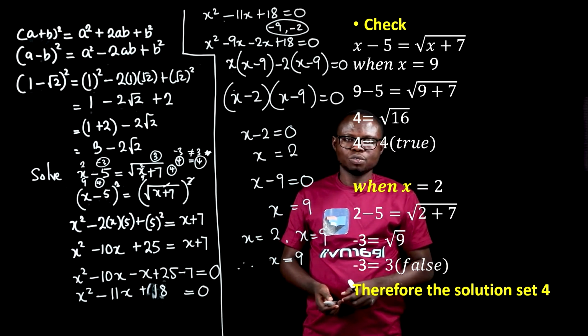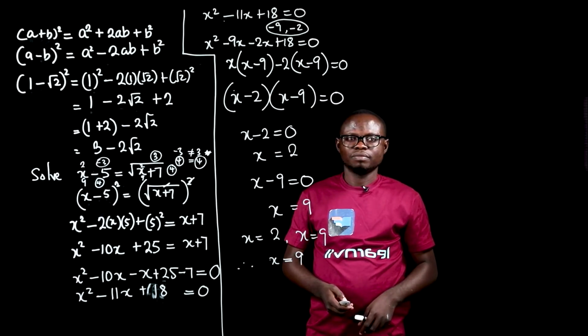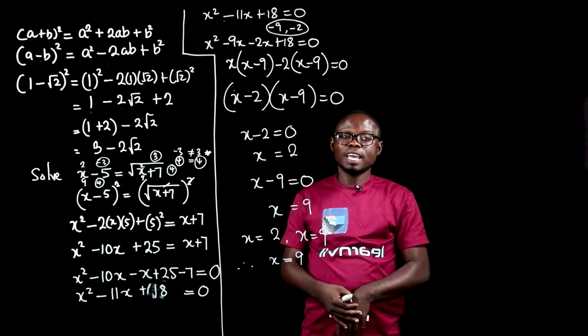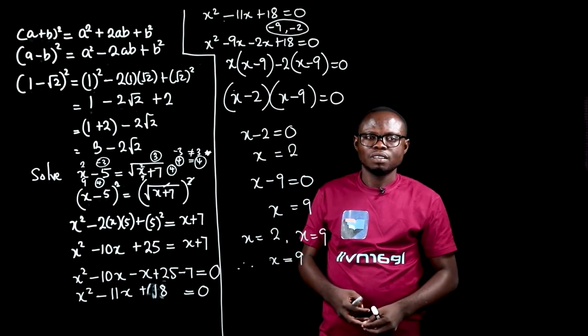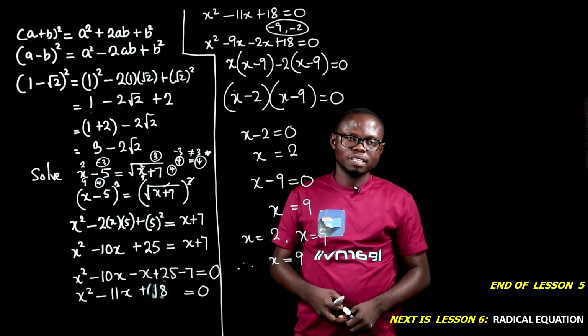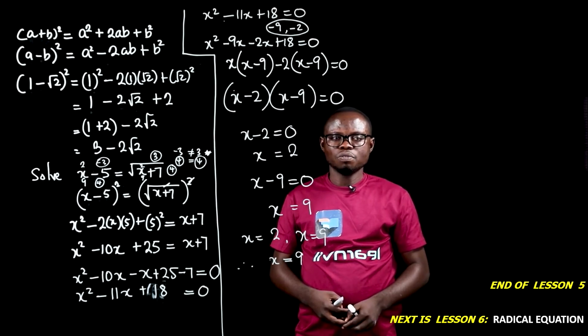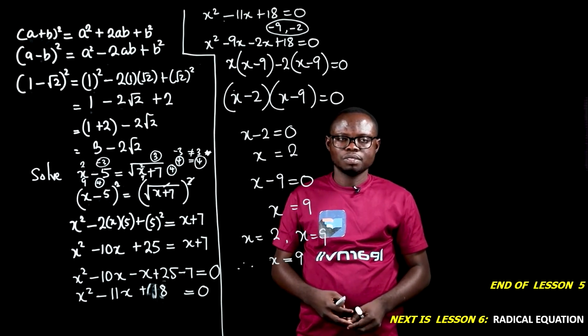I hope that was quite simple. This brings us to the end of this lesson. In this lesson, we looked at how to solve a radical equation, simply an equation that involves the radical sign. And we looked at the various steps in detail. Hope you got it. In our next lesson,